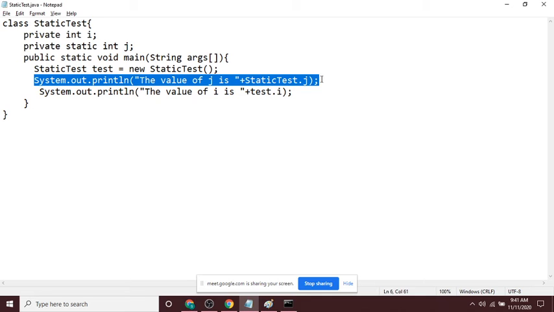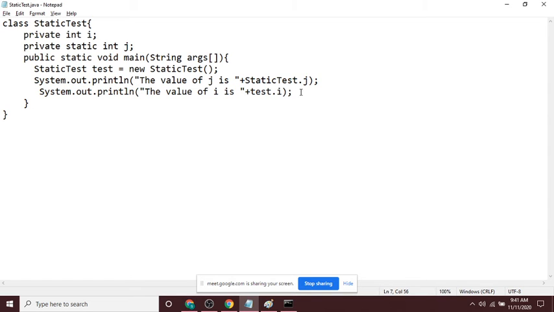Now in this program, I'll add one more line. I'll give test.j. That means I'm accessing a static variable by using what? By using an object. Understood? I'm trying to access a static variable by using an object.